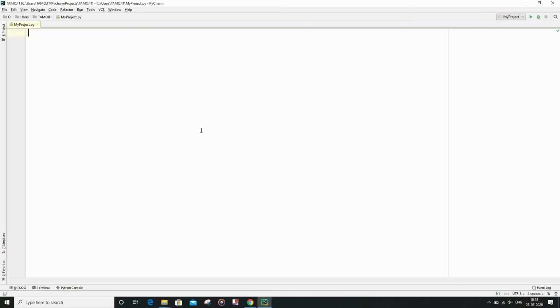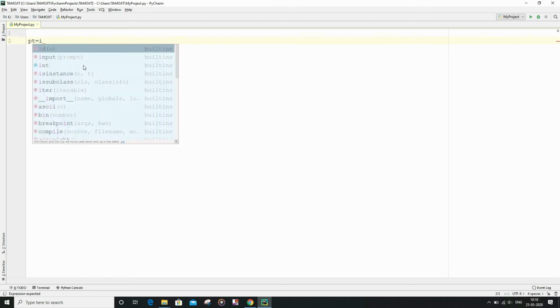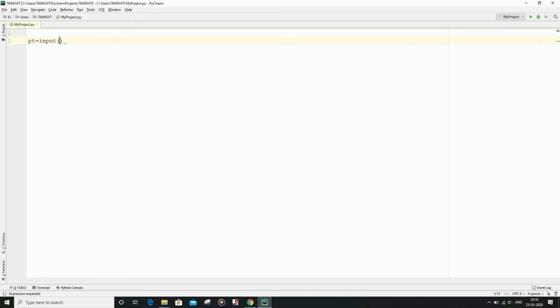So as you can see, I had already opened my PyCharm and now I had already created a project Python file, that is my project, and basically we are now going to write the code. So first of all, let me write the main syntax. So I am going to declare a plain text which is by default of the type string, and then I am going to take the input from the user. Enter plain text,